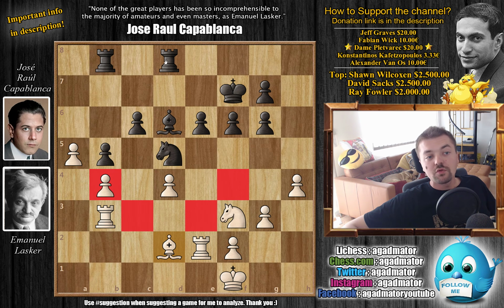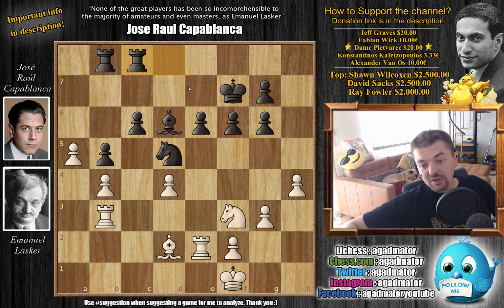pawn. We have rook d to c8 by Capablanca, and here in this position the game was adjourned, and incredibly when the game continued on move 30, it was in this position that Capablanca and Lasker agreed to a draw. Because after they've analyzed the position carefully for quite some time, they decided that there was no way to push